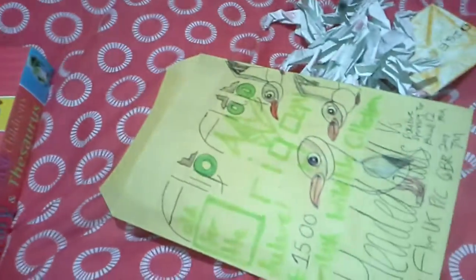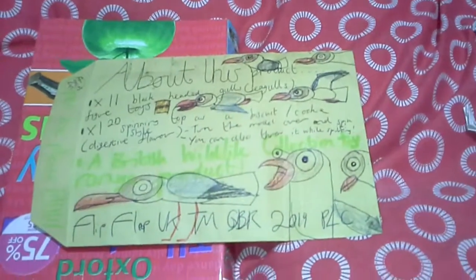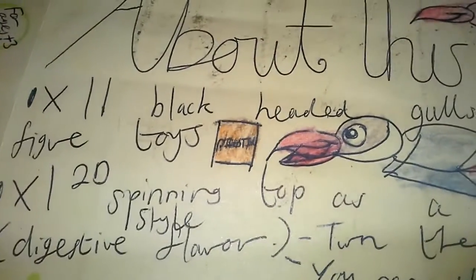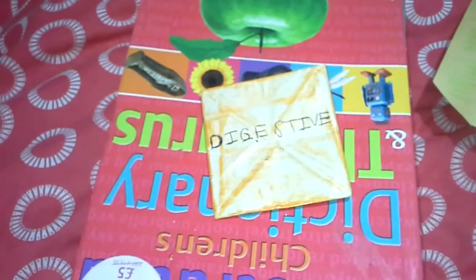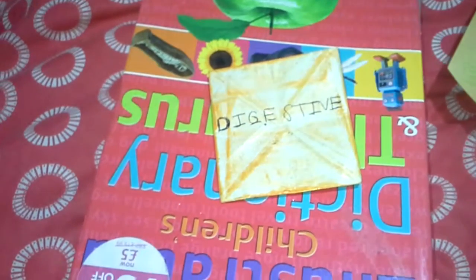That's what I'm saying. On the back of the packaging, you can see a little bit of simplicity on the artwork there, and you can also see the little instructions on how to basically make the spinning top work. And yes, what looks to be that seagull there looks very curious about that little digestive biscuit, which actually looks like this. So it's basically like a spinning top, and yes, it says digestive, referencing